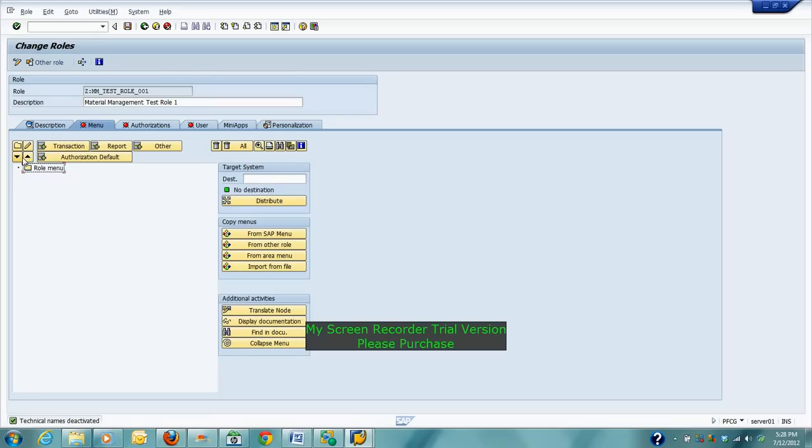And the best way to assign transactions is, for example, you are a consultant working in a company, and you have some master sheets for this test role from the business team, saying we will assign 4 or 5 transactions in this role. Let me show you one thing.